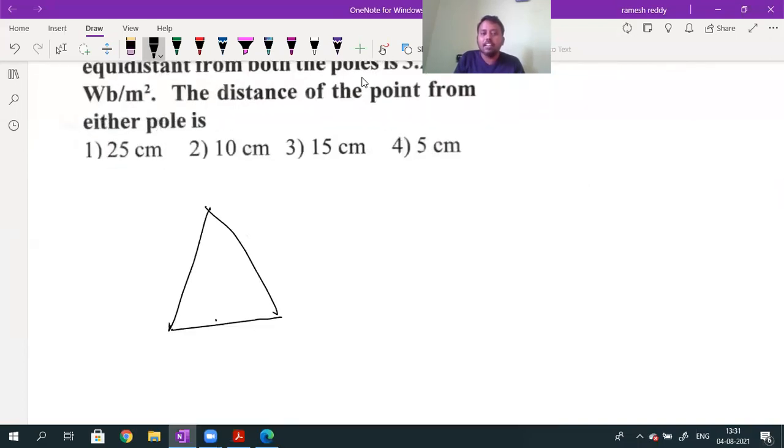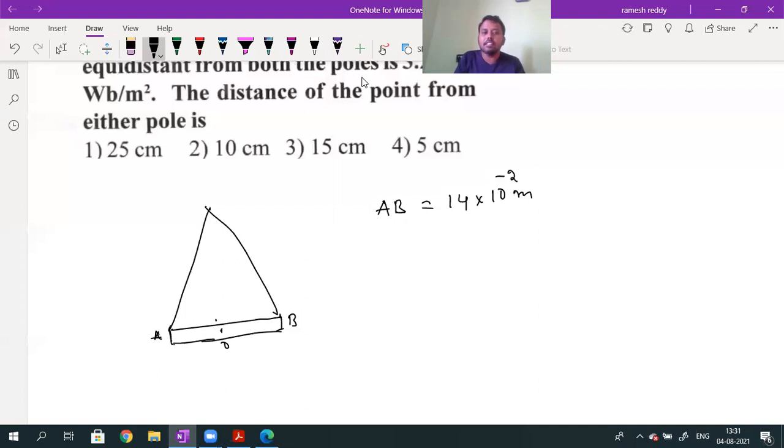Now, for example, I consider the bar magnet is kept at one side of an equilateral triangle. This is the bar magnet named AB, and this is the center of the bar magnet. What is the length of the bar magnet they gave? AB is given as 14 centimeters. Just a hint: 14 into 10 to the power of minus 2 meters.